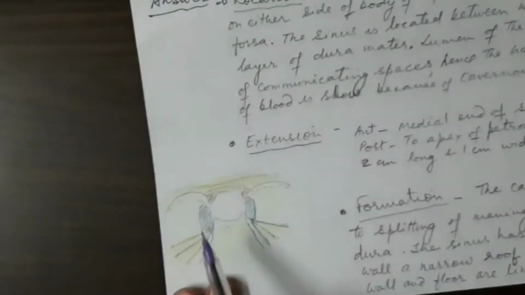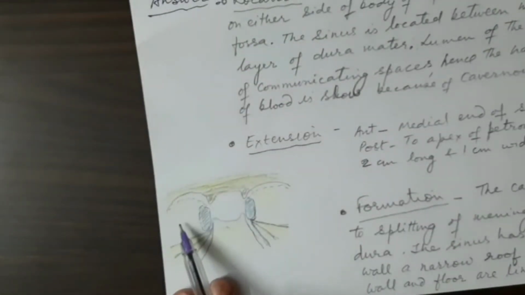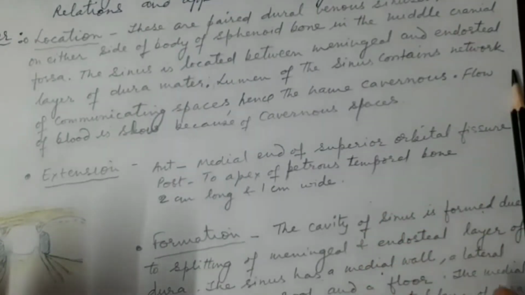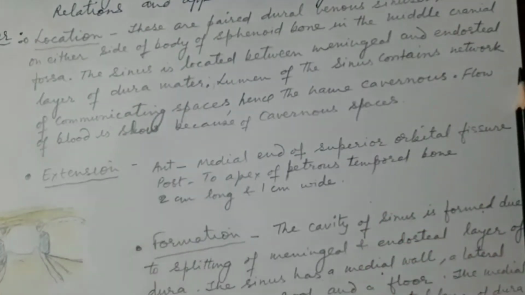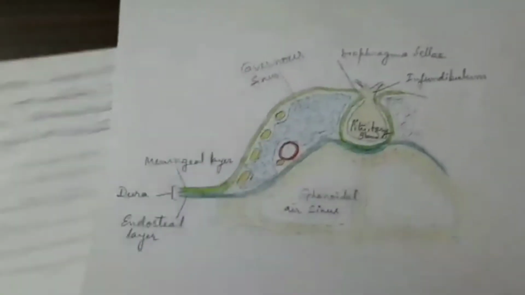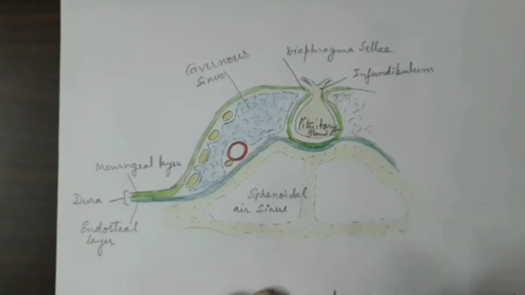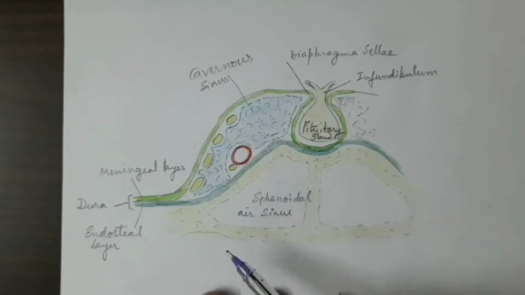Now suppose we take a coronal section passing through one of the sinuses here, and see this section. Then we can realize how the dura mater splits into two layers. I will show you with the help of this coronal section. See this coronal section. I hope there is no need to zoom. It is quite a large diagram.